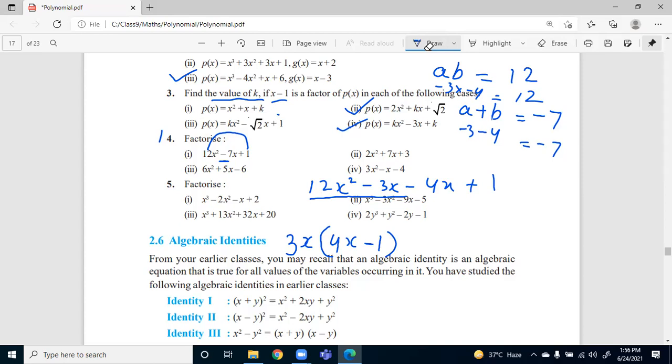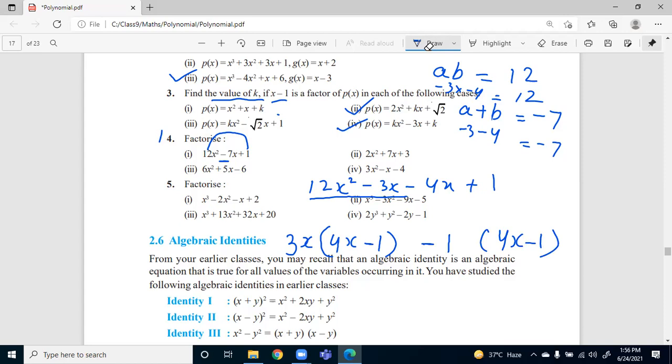जो ये ब्रैकेट में जो आ जाता है ना, वही आपको आईज क्लोज करके यू जस्ट राइट द सेम. Okay, now to make it happen, how can I make it happen? Here I have written 4x, so what should I write here? I should write minus 1. Minus 1 into 3x will make minus 3x and minus 1 into 4x will make minus 4x, and minus 1 into minus 1 will make 1.